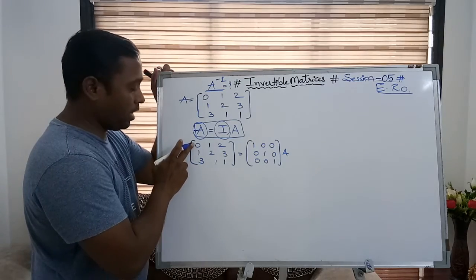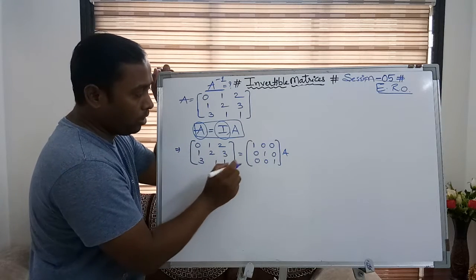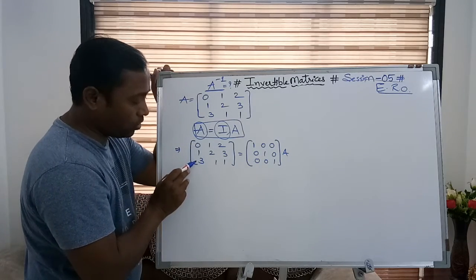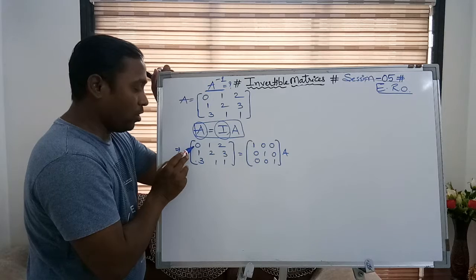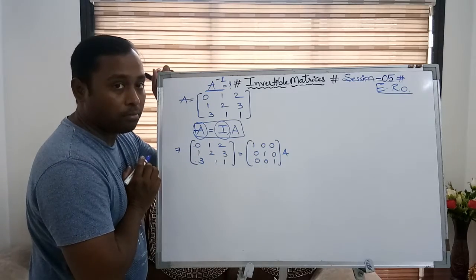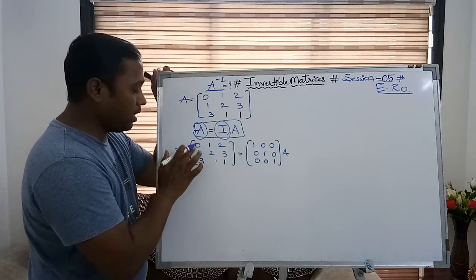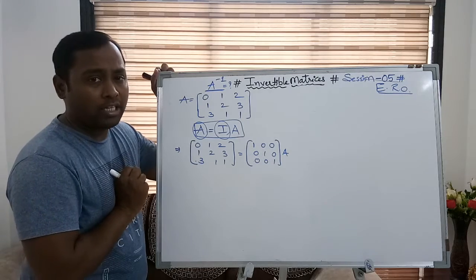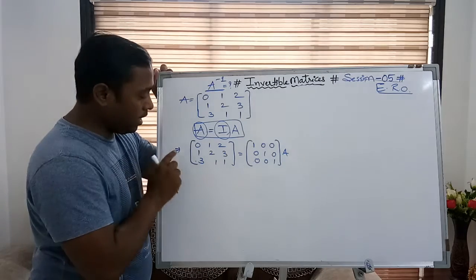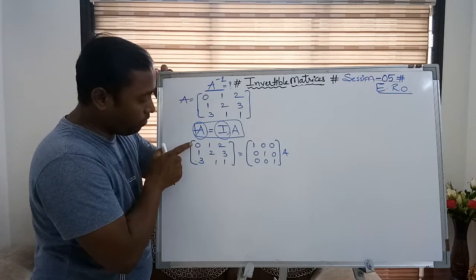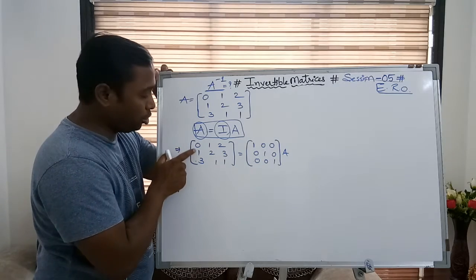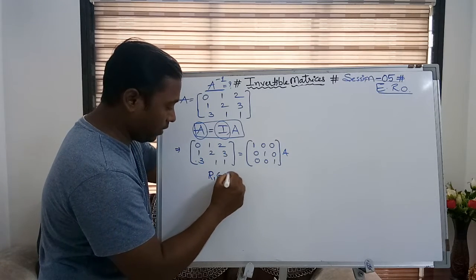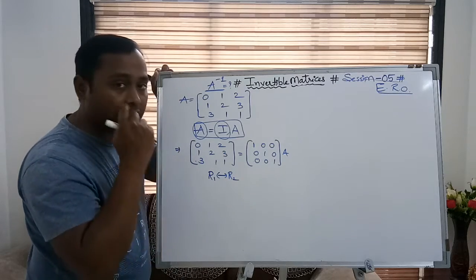Now what is the first purpose? My purpose is that first a 1 should be here, as you see, the first requirement is 1, then 0 and 0. In the same way here a 1 is required, here 0 and 0 are required. But I cannot get 1 by dividing 0 by 0, it is meaningless. So hence in this case we can shift the rows wherever it is required. Here I can do that shifting of rows with R1 and R2. I can shift R1 row with R2 row. So R1 is shifted with R2, means R2 is ultimately shifted with R1.